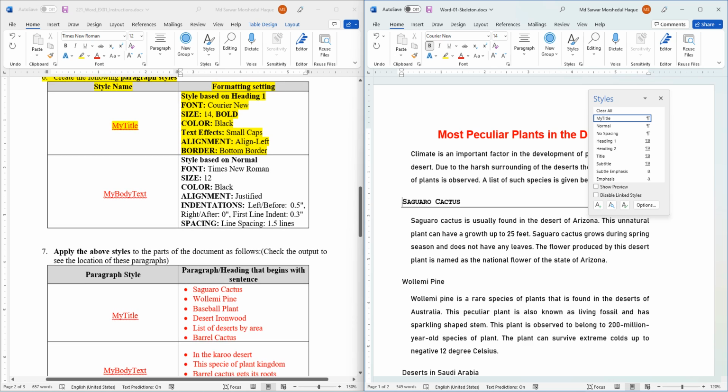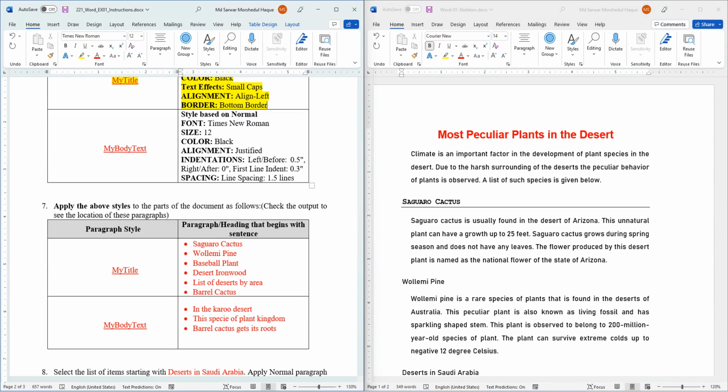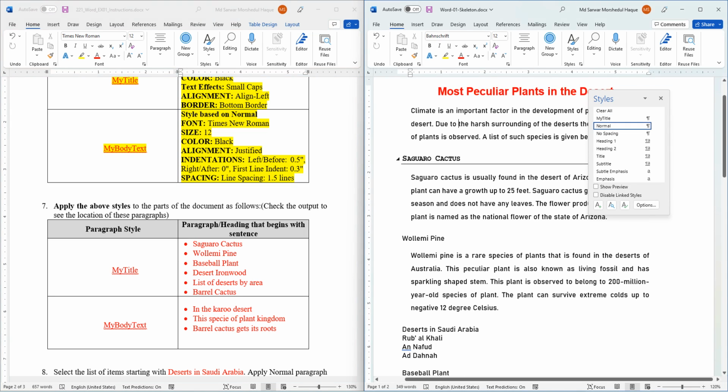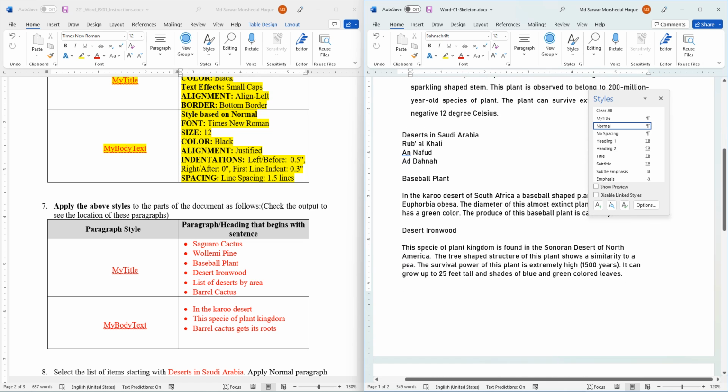Now we are going to make another style, which is called my body text, and we'll apply this one in normal paragraph. So I'll click on a normal paragraph, for example, this one, because once you create any paragraph style, wherever your mouse cursor or your insertion point will be, that paragraph also will be modified to that particular style. So we click on the normal paragraph here in this Karoo Desert, and then I'm going to